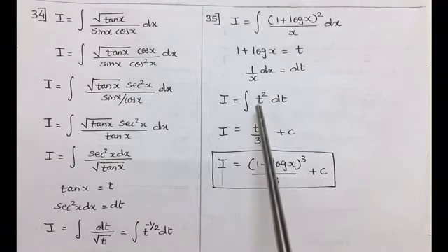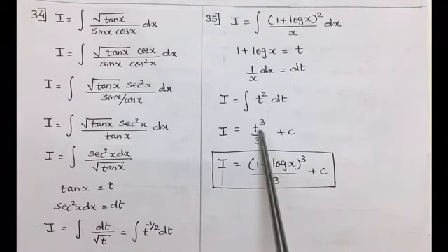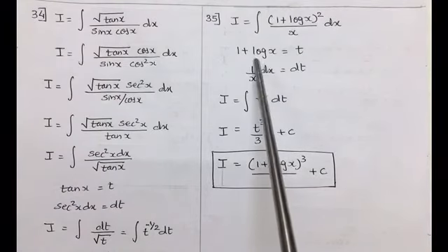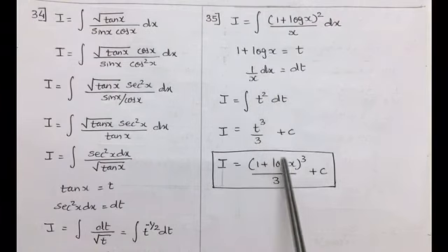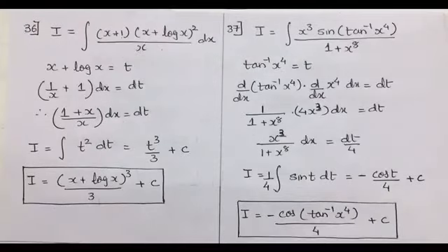So I is equal to integration t square dt. Now integration of t square is t cube by 3 plus c. Now t is replaced by 1 plus log x. So we get (1 plus log x) whole cube divided by 3 plus c. So this is how the integration of the 35th example is done. 36th one is